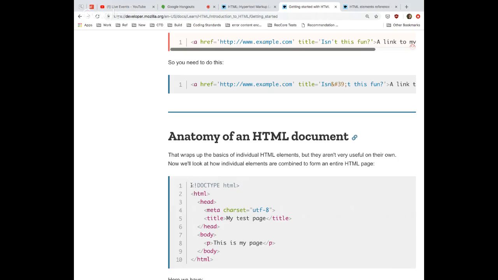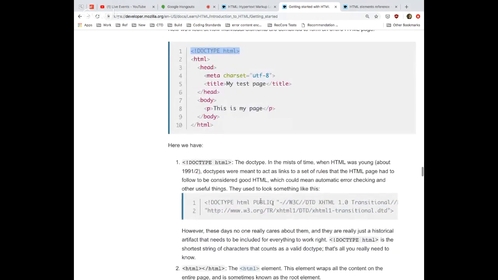The first special part is this part up here, which is just known as the doctype. If you're creating an HTML document from scratch, you just need to say this has to be the first line of it. Don't worry about why. The reason is because it tells it that it's an HTML document. It has more details down here if you want to read up more, but there used to be a lot of different